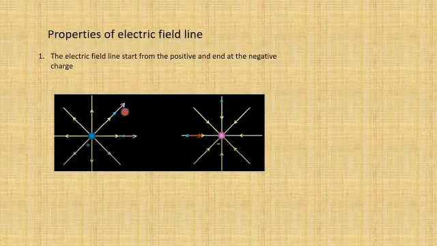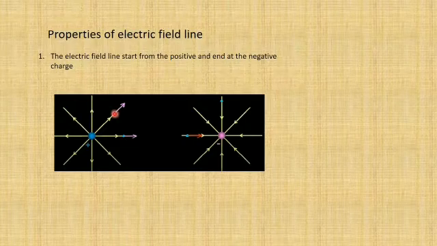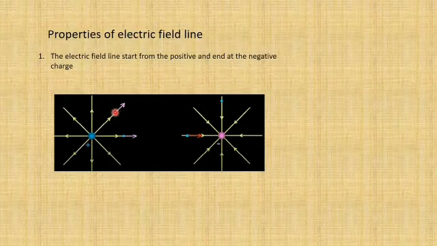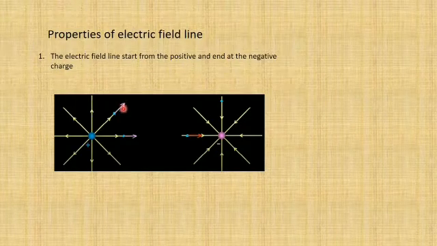That means, suppose at this point, you will see the laser light, if at this point I put a unit positive charge, so because of this positive charge, where would this test charge move? It would move outward. So that was the direction of the electric field. That way we decided, so here the electric field is outward, right? So for a positive charge, the electric field direction is radially outward.